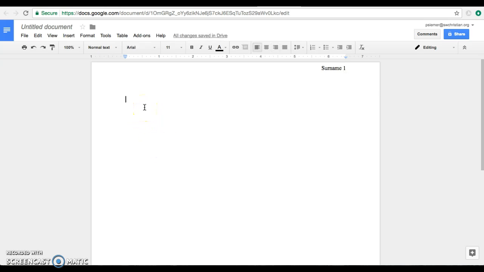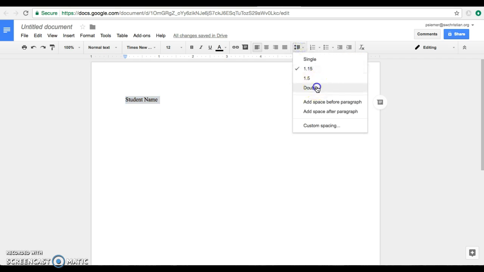Then go click into the body of the paper again, change the font to Times New Roman 12 point. Then you put student name. Let me double space this before I forget. Over here, the lines with the arrow going up and down, those are for spacing, so you can click on that, click double,